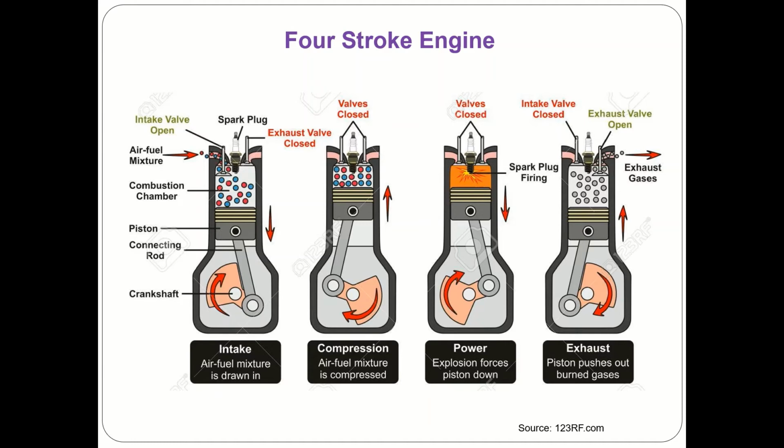That is the reason why we use these 4-stroke engines nowadays. Now we may say that 4-stroke engine may give us more variation in the power output as compared to 2-stroke engine, because in 2-stroke engine, in each revolution you get a power stroke, but in case of 4-stroke engine, in 2 revolutions once there is a power stroke, so there are chances of fluctuations. But providing proper balancing units and using multi-cylinder engines has reduced the fluctuations in the power output, and that is the reason why we use 4-stroke engines nowadays.